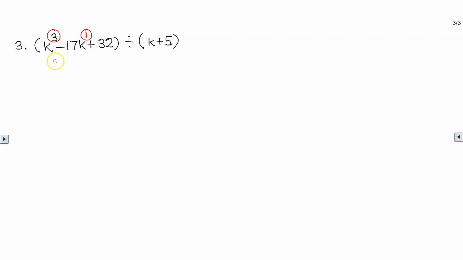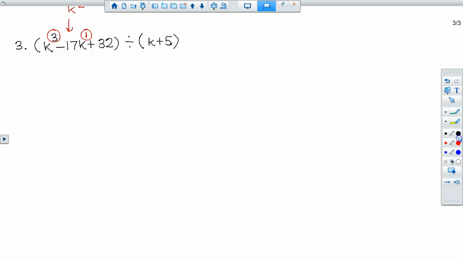So I have k to the third. Then it skips k to the second, goes to k to the first, and then 32. So I have skipped from a power of 3 to a power of 1. So right here, I have skipped k to the second power. That is a missing power. Now, when that happens,